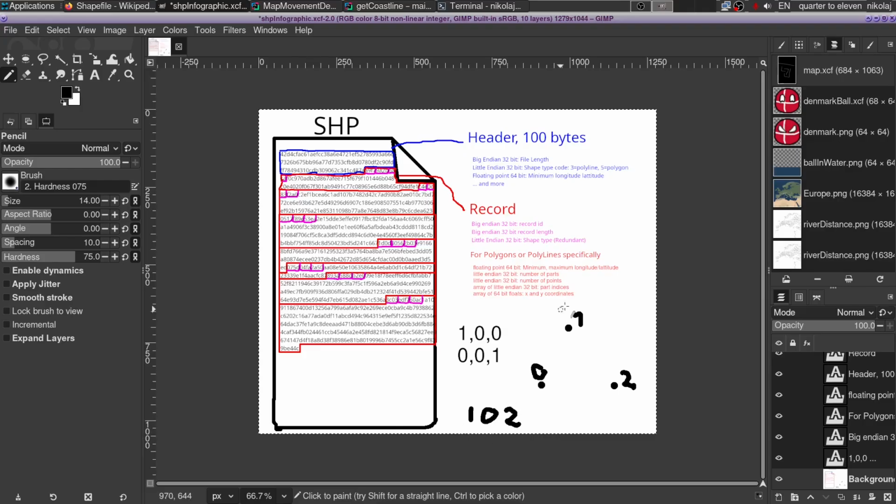That means that we have a line from point 1 to point 0, from point 0 to point 2, and depending if this is a polygon, we also have a line closing this going back to point 1, but if this is just a line and not a polygon, we don't have this closing line. So that's how the shapefile format works, and it is fairly easy to write a C++